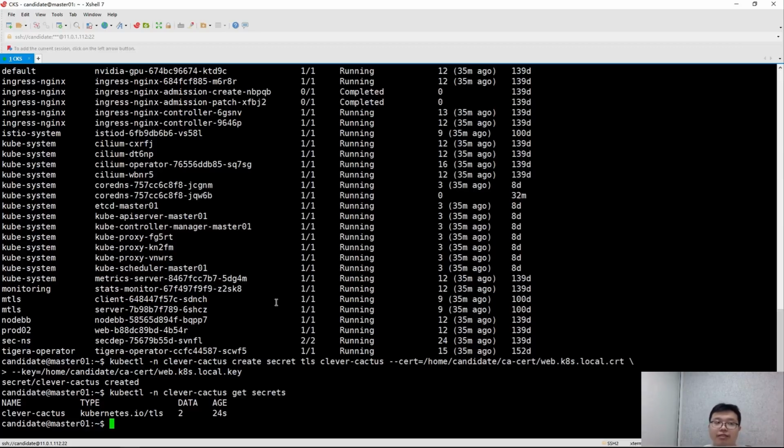Yes, they can all be considered secrets, including, for example, if you want to log into a local or other image repository. Logging into an image repository can also involve storing authentication information like usernames and passwords in a secret, so there are many types of secrets. Here we're using the certificate type, which is set up through files. There are 2 files. Alright, that's how we create it. Once it's created,